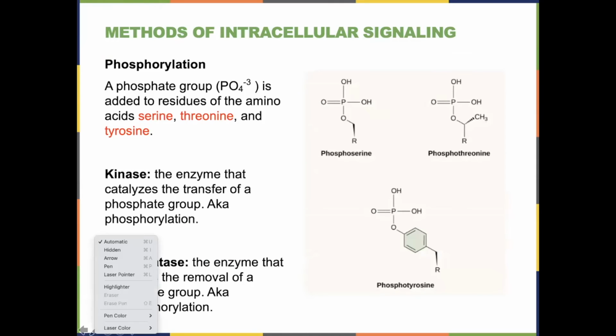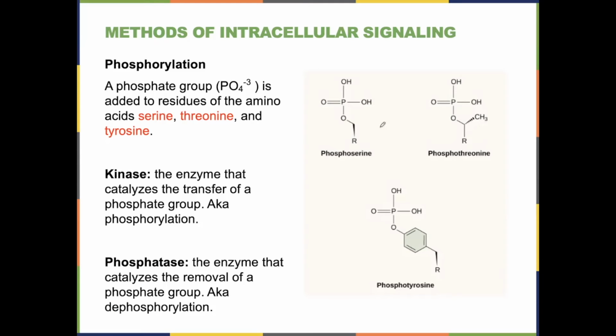As we saw in that pathway, phosphorylation often plays a vital role in these signaling cascades. So remember, a phosphate group, we've seen this in the context of ATP before, but phosphate groups can be added to other molecules, particularly some amino acids within proteins, including serine, threonine, and tyrosine, the ones that have